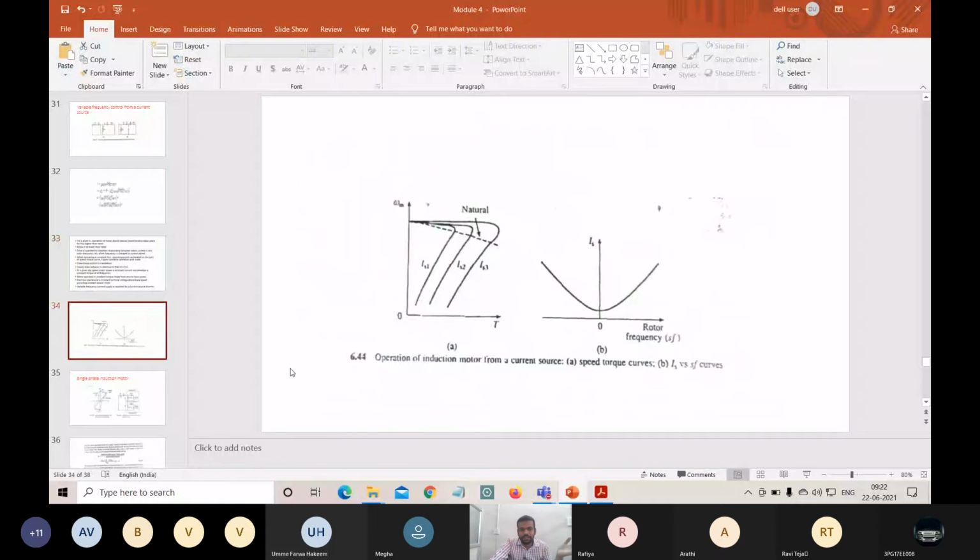So what does that mean? Here, normally, these are the different motors, and these motors operate at a constant torque. So this is our constant torque value. The motor will operate in constant torque mode from 0 to base speed. This is our 0 speed, and this is our base speed, which you can also call the synchronous speed. Up to this value, the motor is operated at constant torque.